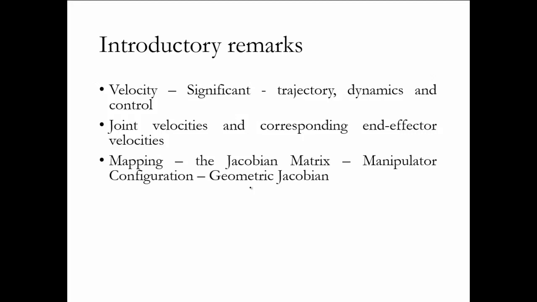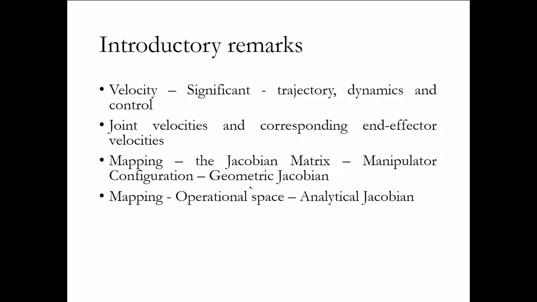Now in this case this doesn't generally happen so simply. So you have something called a Jacobian matrix that comes into the picture, which we can say is a matrix that maps the joint velocities to the end effector velocities or vice versa. Now Jacobians also generally have two types in the definition.